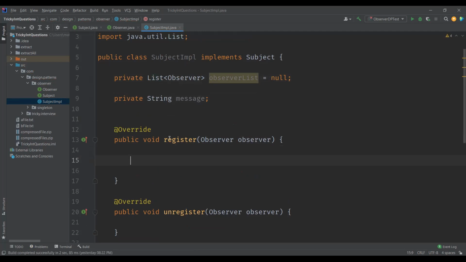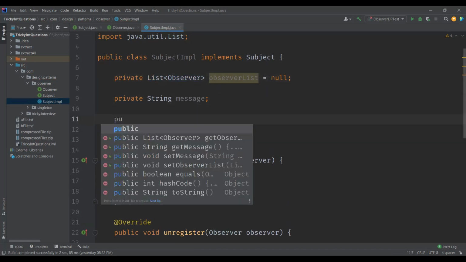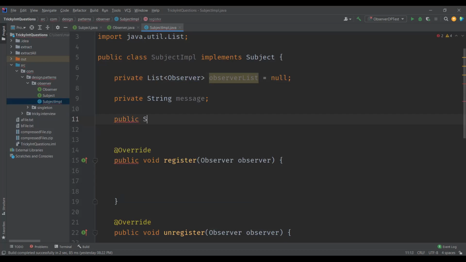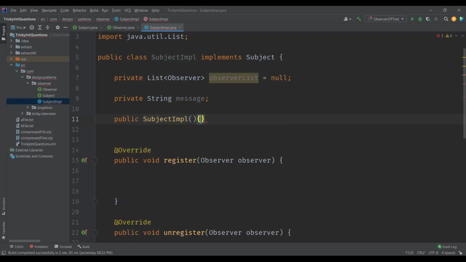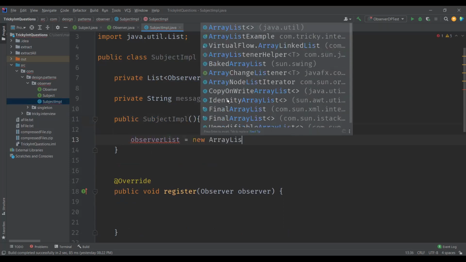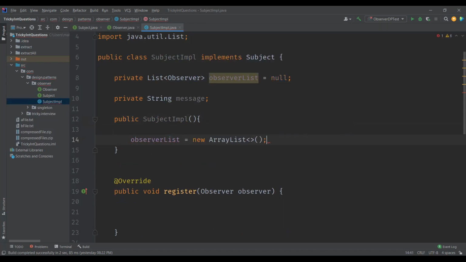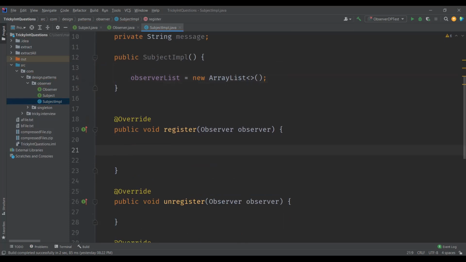Before that, we have the observers list, right? So let's have a constructor where we'll instantiate our observers list to an array list. And then we'll start defining the methods in the interface subject.